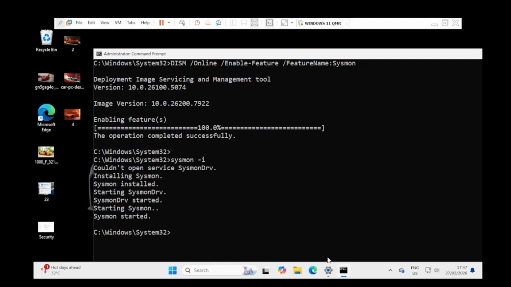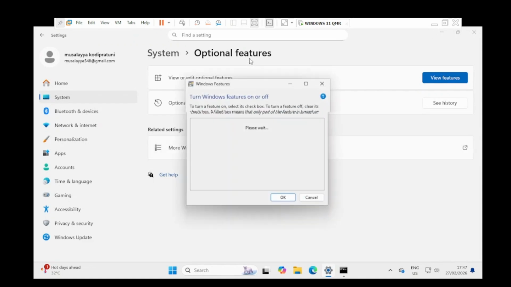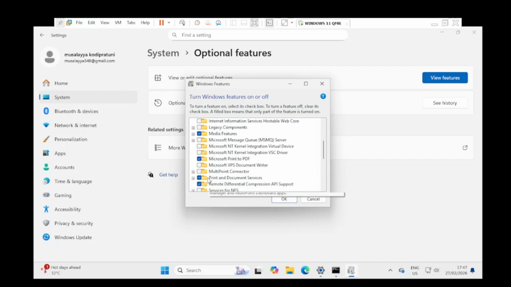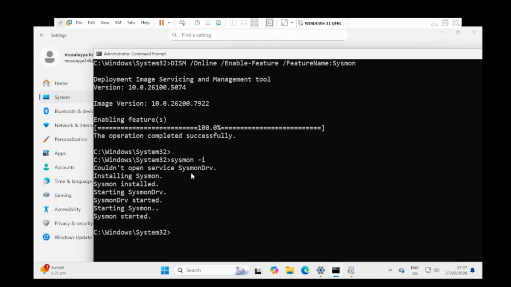So in both ways, either you can enable it from the optional features, this is one way, otherwise you can enable it from the command prompt also. Both ways you can enable this Sysmon tool. So I will show you now